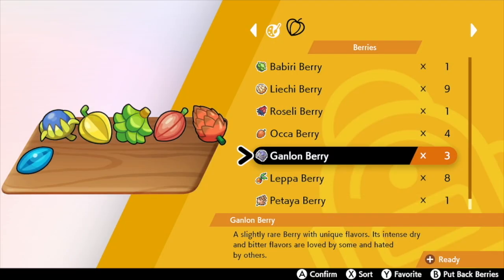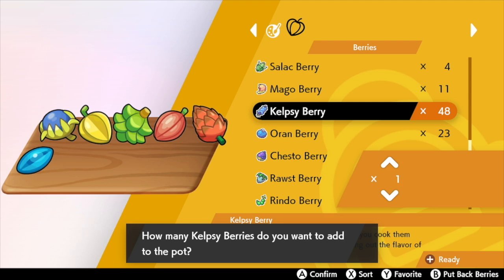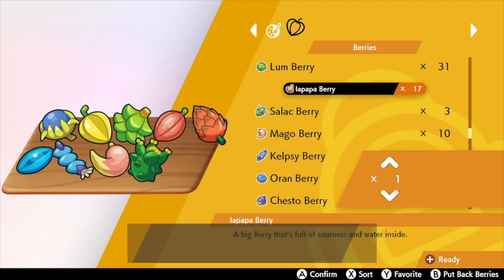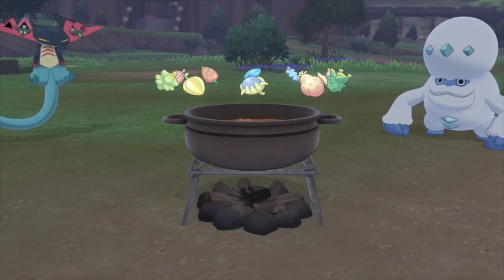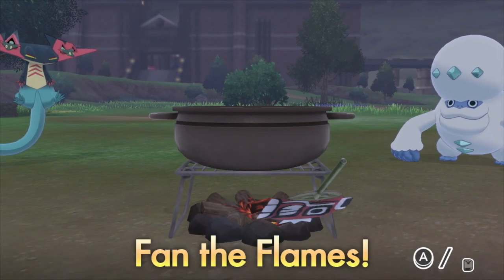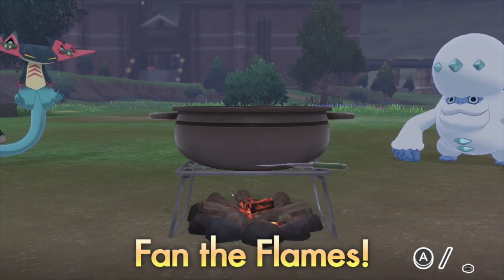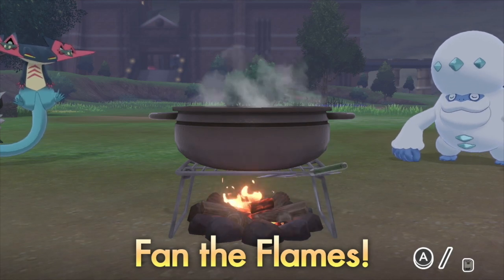Another cool thing you can do in the wild area is cook. So you set up camp, and you can do this en route or in the wild area, and you cook. You use the main ingredient and you use berries, and there's different kinds of curry you can make. There's different classes of curry you can get depending on how well you cooked it. The highest is Charizard class,